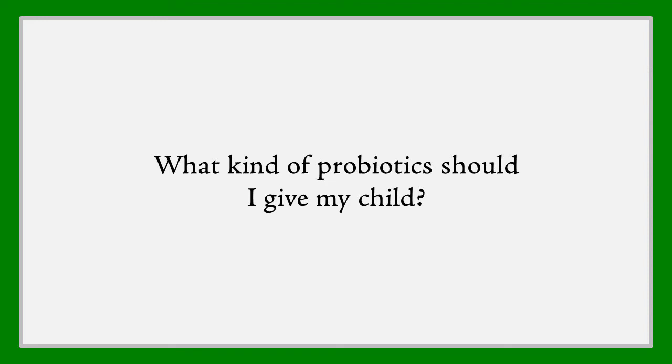What kinds of probiotics should I give my child? So that's a wonderful question. When you think about the types of probiotics, I can tell you, having been on this GRAS panel that the FDA held, believe it or not, in 1996, so some 25 years ago,